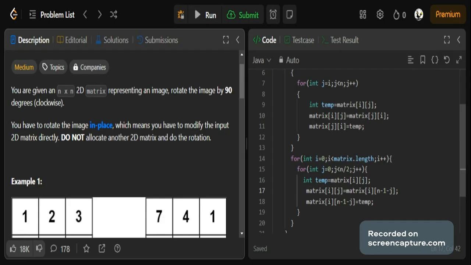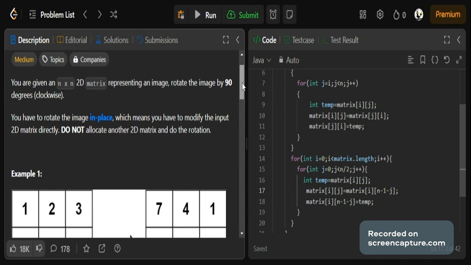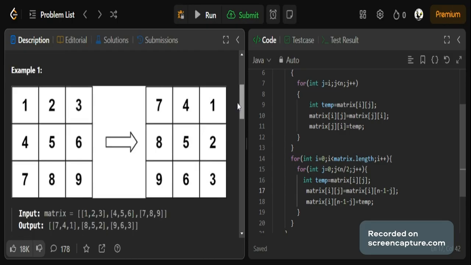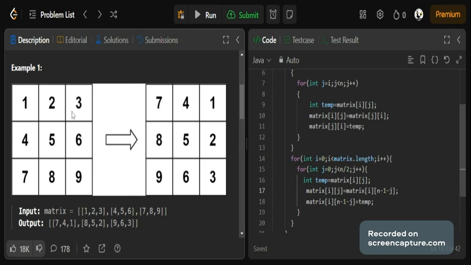Do not allocate another 2D matrix and do the rotation, because here it is given in the question that it is in place. So don't take any other 2D matrix, right? You have to solve it only in place, right? For that we will use the swapping concept here, right? Perfect. As we can see in the example that is given,